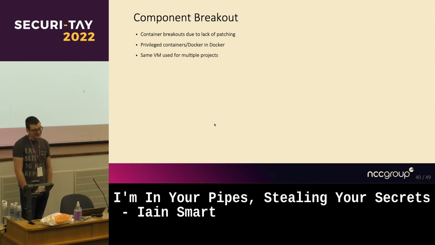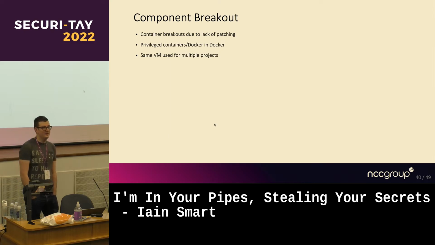And same VMs being used for multiple projects. If you've got anything sensitive, probably a good idea to put its own runners in. So if you've got, these are my APIs I don't care about, but also this is the one that controls the master login for all my customer data, you should probably not be building them on the same environment, just in case there is a breakout. But again, that becomes a cost decision. Is it cheaper to do it all in one environment? Yes. Is there an extra risk? Definitely yes. A lot of customers come down on the side of let's do what's cheaper.